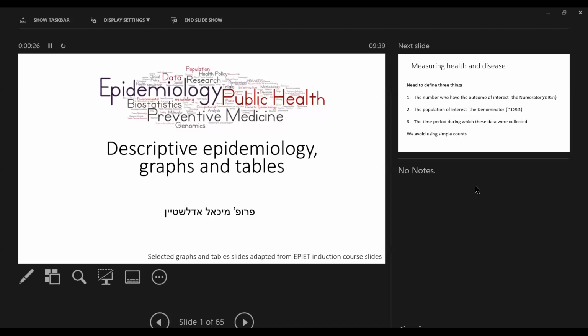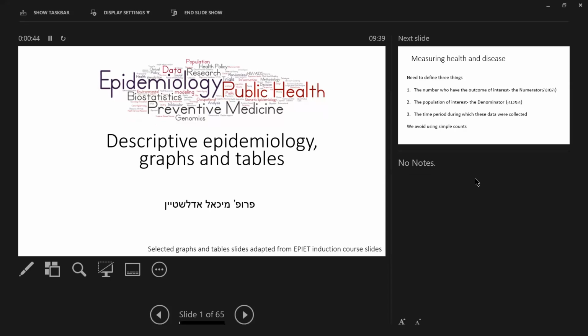Okay, so today we keep moving forward with writing the protocol and planning your paper and your analysis. And I want to talk a little bit about descriptive epidemiology and then graphs and tables, because all your manuscripts will contain graphs and or tables, and at least one of these will be descriptive. So I want to talk a little bit about how to do this, do's and don'ts, and